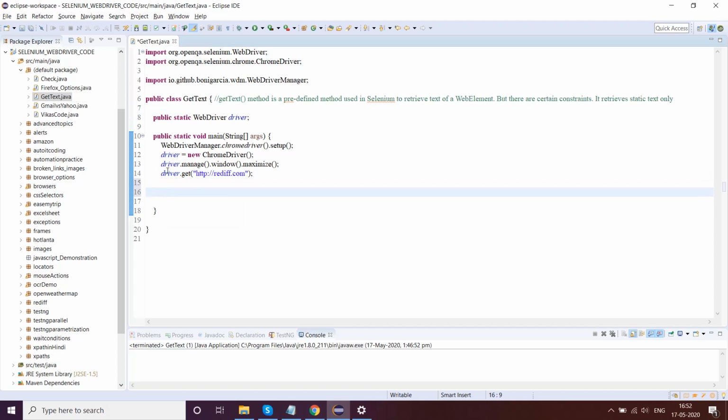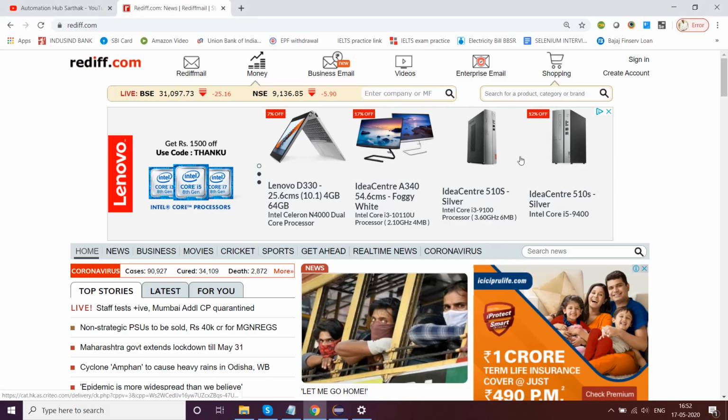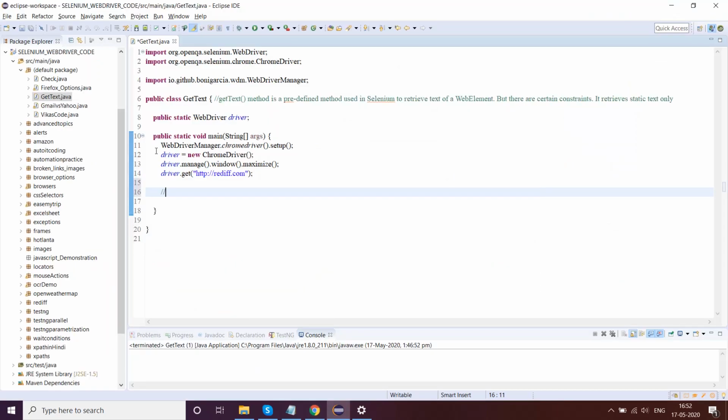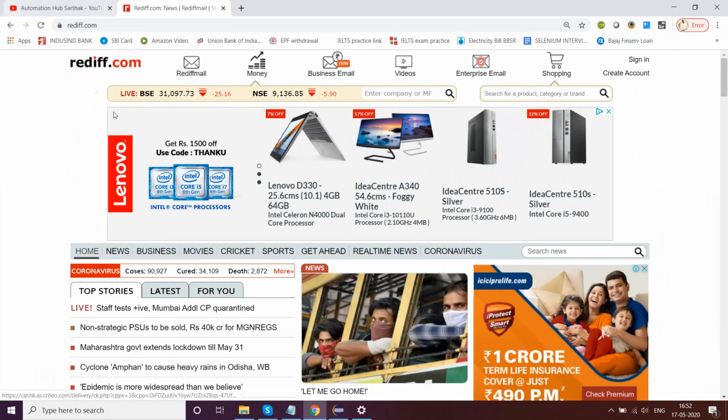Let's select a few elements, say this Rediff mail link. We will select the Rediff logo, this rediff.com.